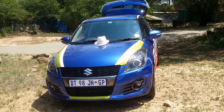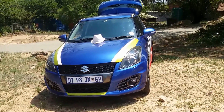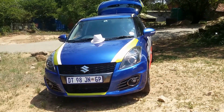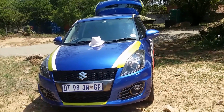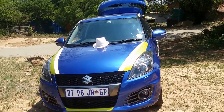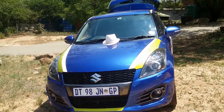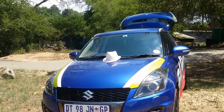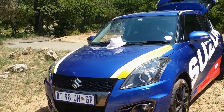The Suzuki Swift 1.6 Sport. Let's focus on the differences between this model and the 1.4 GLS that we tested the other day. You start off, you have a look at the front end. It's got the high intensity discharge HID headlights, which of course make a very big difference to your visibility at night, as well as a lot of extra trim and detailing in grey and silver around the